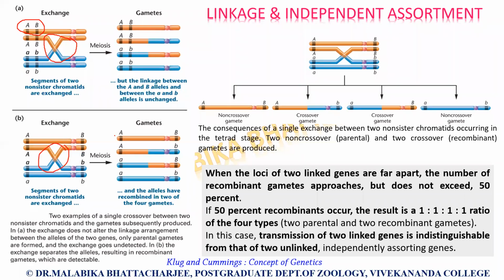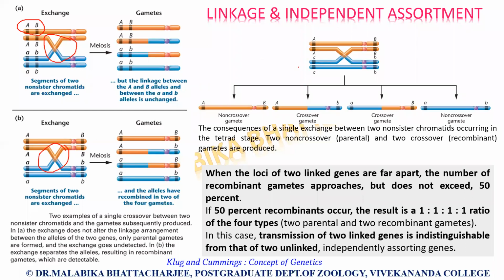As you can see, we are getting 4 different kinds of gametes. So, when we obtain 4 different kinds of gametes of 4 different phenotypes, we have to assume that a crossing over has happened. If the 4 different phenotypes are observed in equal combinations, we have to assume that the genes are independently assorted. If the 4 different combinations are not observed in equal proportions, and we have a higher amount of the parentals as compared to the recombinants, then we have to assume that somewhere the genes are linked.